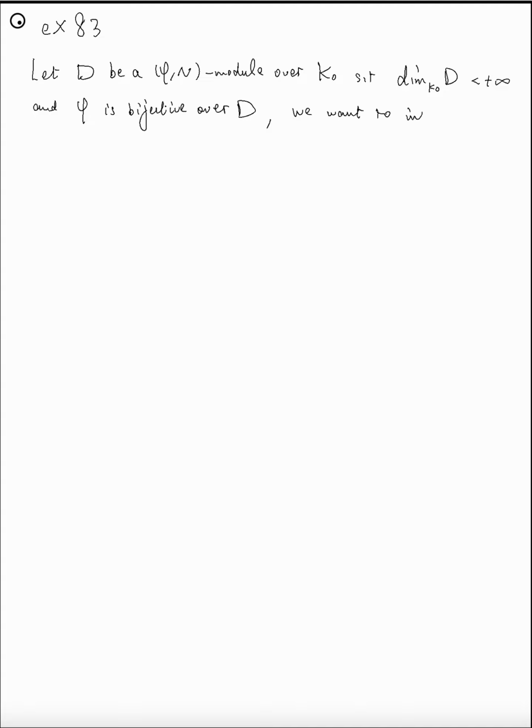We want to introduce an integer to D, denoted by Tn of D, called the Newton number of D. How do we do that? So the exercise for today is: